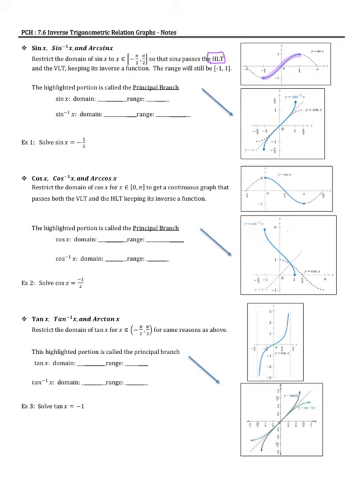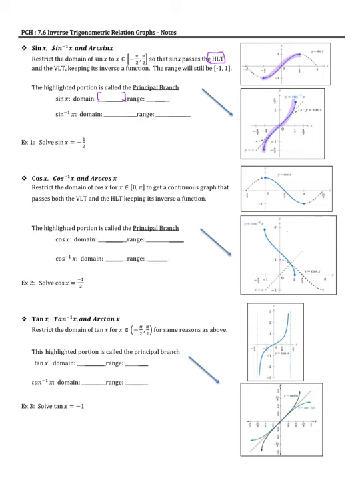So if I limit my sine to between negative pi over 2 and pi over 2, and then find the inverse, that would be represented right here. So we've switched our x and our y axis, because with an inverse you switch the x and the y, and then you go and you isolate your y. So usually sine x for that principal branch,